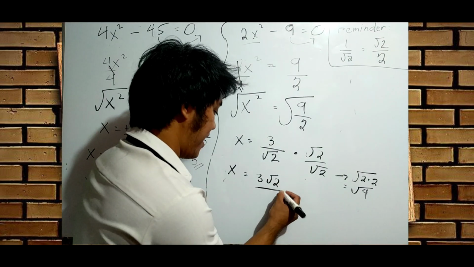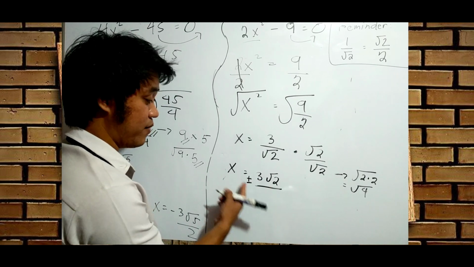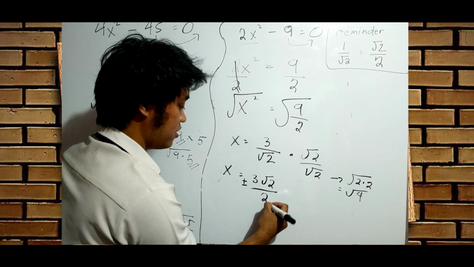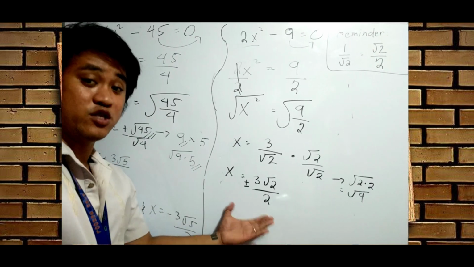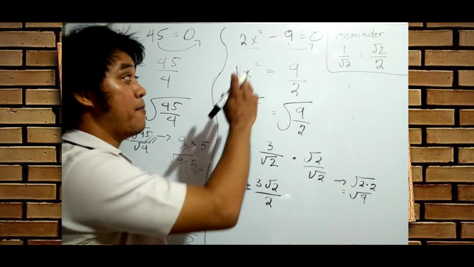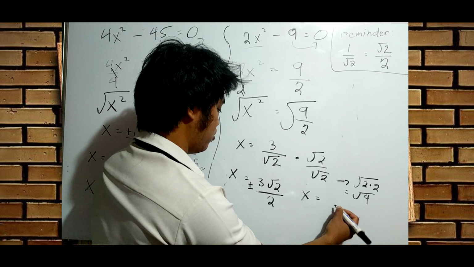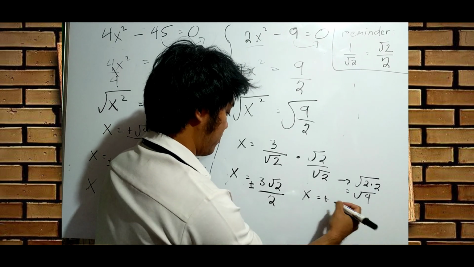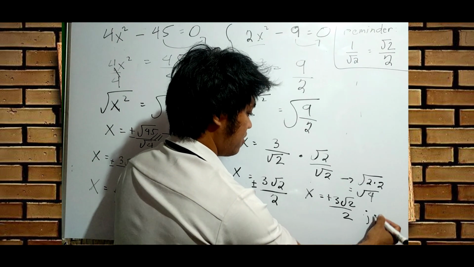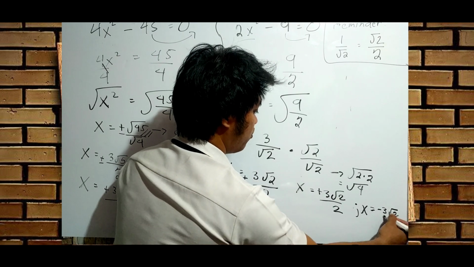So your final answer will become 3 square root of 2, plus or minus, over the square root of 4, which is 2. So your solution set or your roots for 2x squared minus 9 equals 0 are x equals positive 3 square root of 2 over 2 and x equals negative 3 square root of 2 over